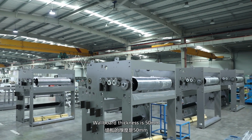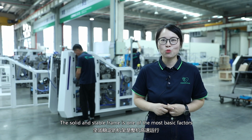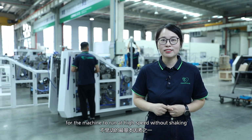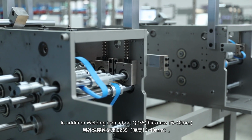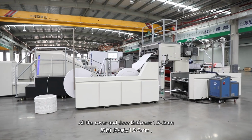Wallboard thickness is 50 mm. The solid and stable frame is one of the most basic factors for the machine to run at high speed without shaking. In addition, welding iron adopts Q235, thickness 16 to 40 mm, or the cover and the door thickness